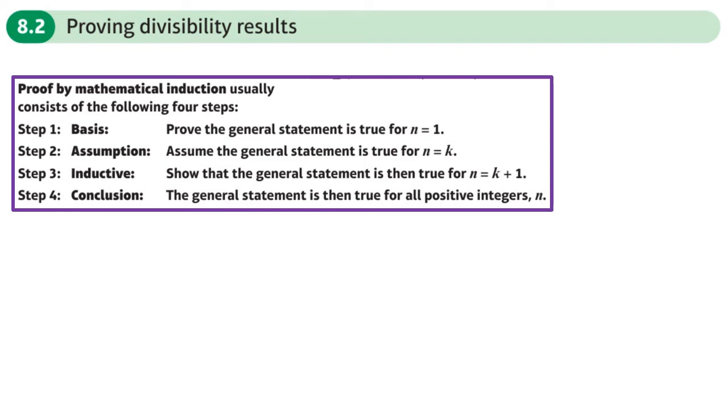This is the second section of the proof by induction chapter, proving divisibility results, and we have 4 steps to prove divisibility. There is one slight difference though. So let's say, for example, and this is going to be the first example that we do in a moment, let's say that I needed to prove,